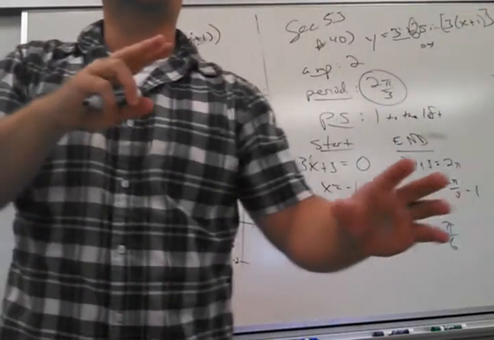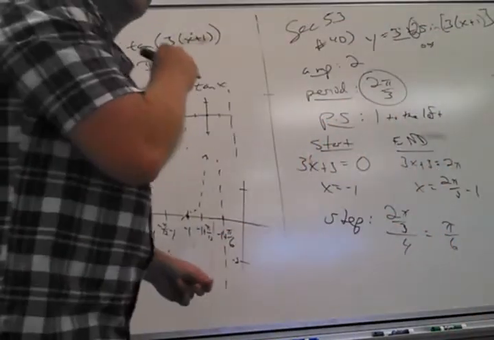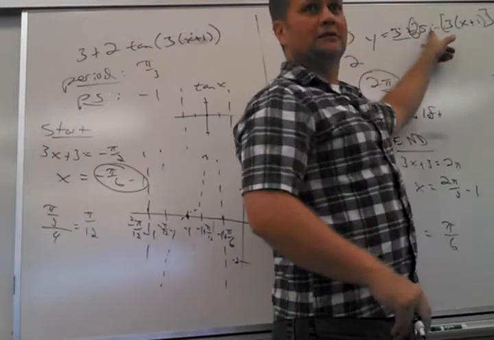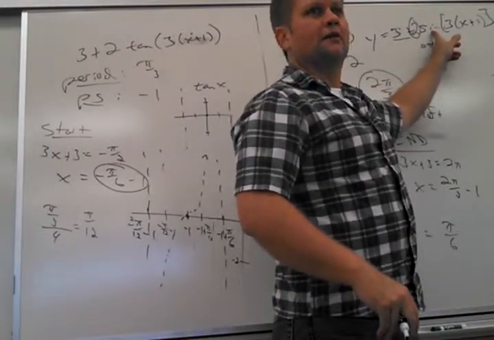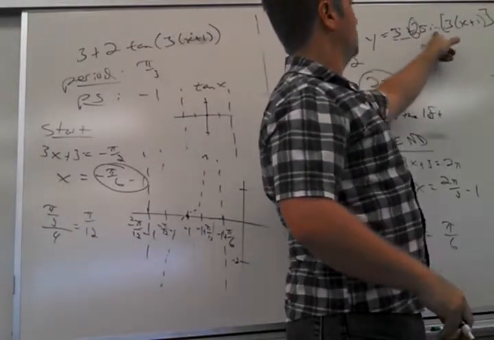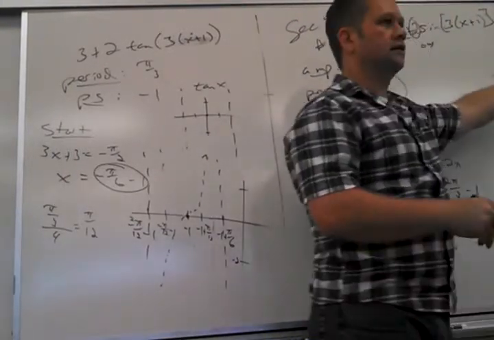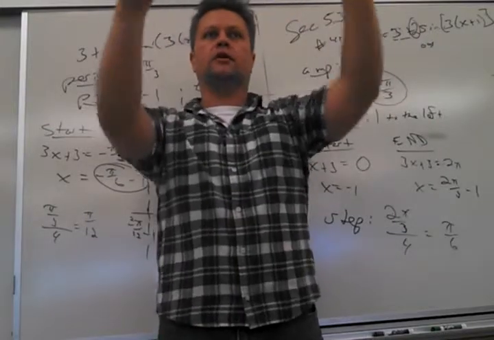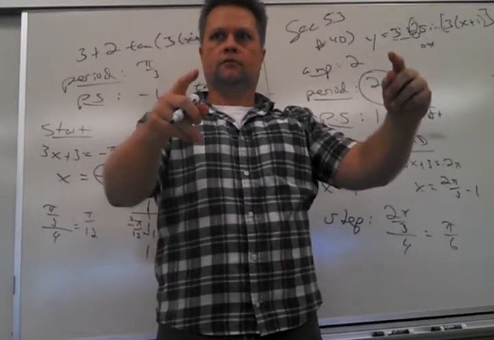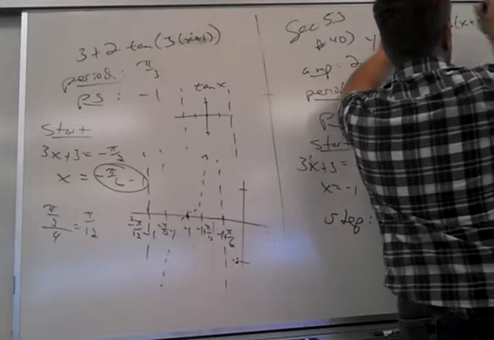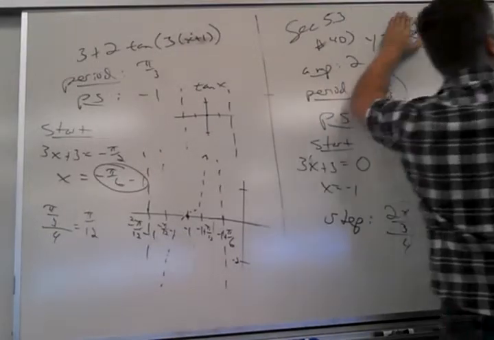Okay. And if this said cosecant, I would shift this up by 3, and then I just put my little cups on top and bottom. I keep this one as a dotted line to hold through, and then I just put the cups on top and bottom. So if that wasn't there, and this was a cosecant, I would just put,